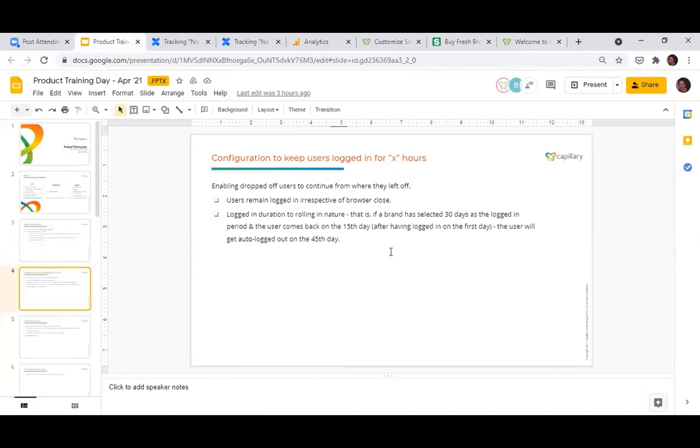Hey Rahul, Praveen here. I had a query on this. For example, I want to use this feature for the Endless Isle app. If we enable this, the store operator won't have to log off for 30 or 45 days, like whatever the brand suggests. So my query is, will his caches be updated dynamically? And what about inventory and other features that update every 12 hours in my brand's case? Will that happen automatically?